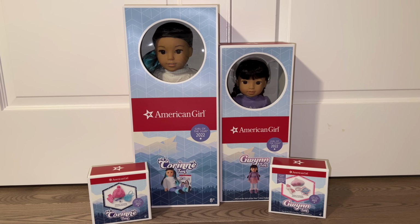So if you guys didn't know, American Girl released the Girl of the Year 2022, Corinne Tan, early. So today I went to the American Girl Place Chicago to pick up Corinne Tan and her younger sister Gwynn Tan, as well as both of their accessories. I also picked up a bunch of their outfits as well, but we're not going to be opening those up